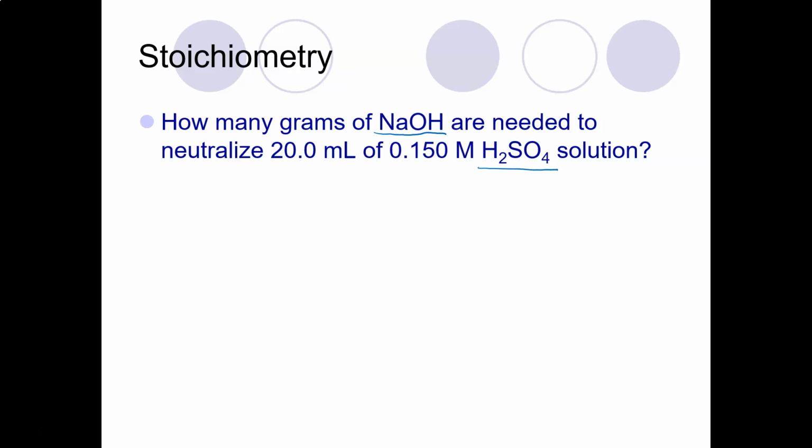So how many grams of NaOH, so I have NaOH, are needed to neutralize 20 milliliters of 0.150 molarity H2SO4. So these two are going to mix together. Now, I have states of matter. I can check the solubility rules. That is aqueous. This is an acid, so as far as we're concerned, it's always aqueous. It didn't tell us the products. So we're going to have to use what we have learned